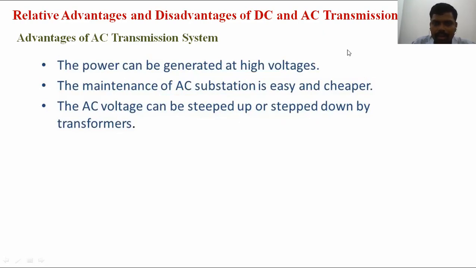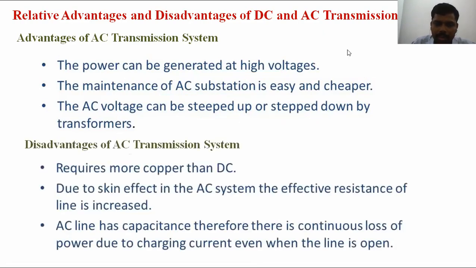And what are the drawbacks in the AC transmission system compared to the DC transmission system? In the AC transmission system, the losses are more, that is I squared R losses. But in the DC system, the losses are very, very less, because in the DC system, the inductance and capacitance are eliminated. But in the AC system, due to the inductance and capacitance, the losses are more. Due to the inductance and capacitance, the skin effect, ferranti effect, proximity effect are there, and it is affected by corona, and so on.